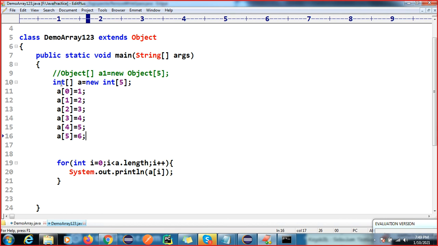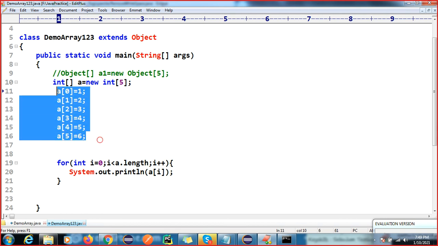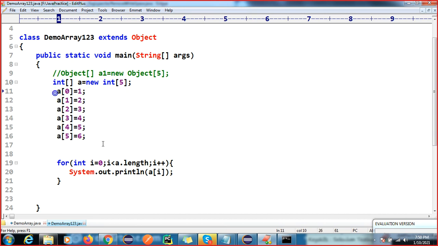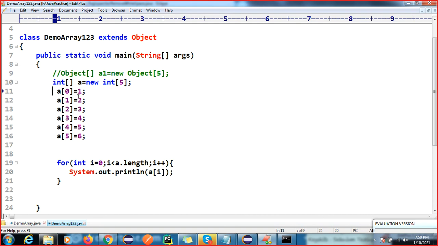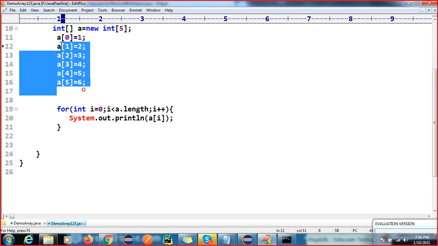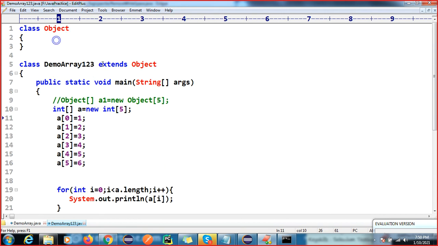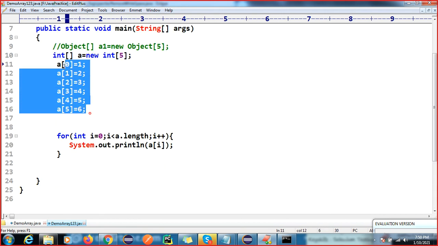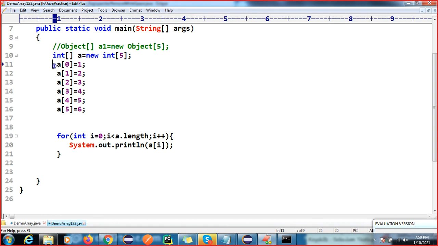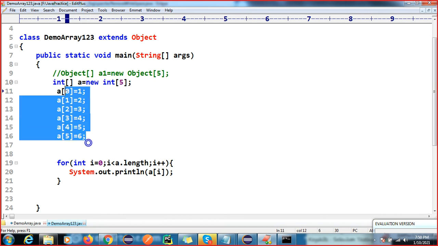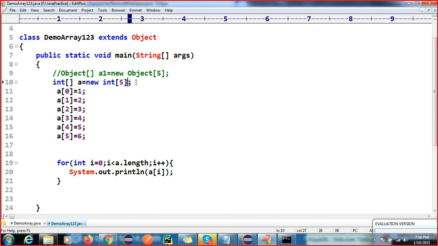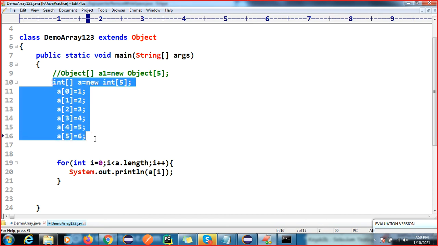Another problem is if you want to find duplicate elements, or delete something, or write some logic, it is very difficult to write that logic explicitly and it will take more time. We don't have any inbuilt methods here, and this is not flexible. But in some projects where we have a fixed size, we should go for this array concept.